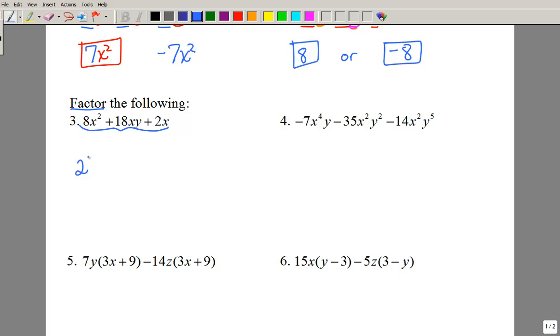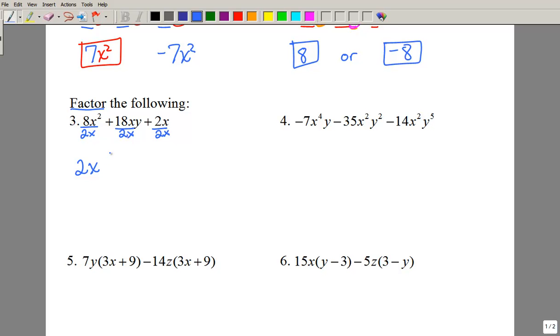Then we want to look at the letters. That has an x, that has an x, that has an x. And the highest power is just to the first power, so 2x. That's the GCF. But what do I multiply 2x times to get back the original problem? Well, one way is to divide each of these by the common factor of 2x, because remember, factoring is really